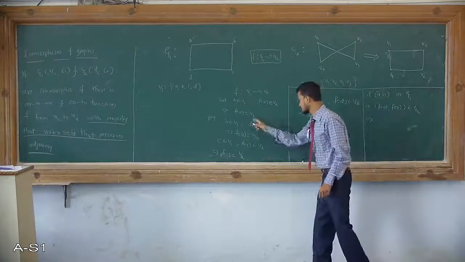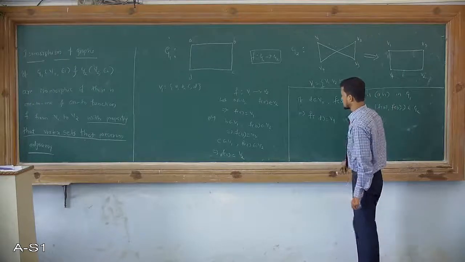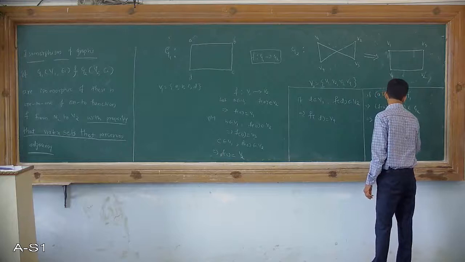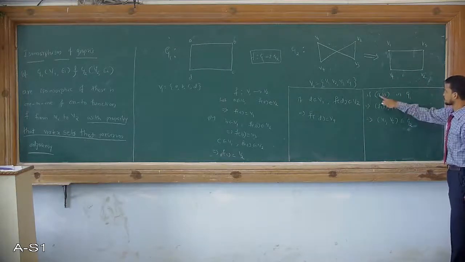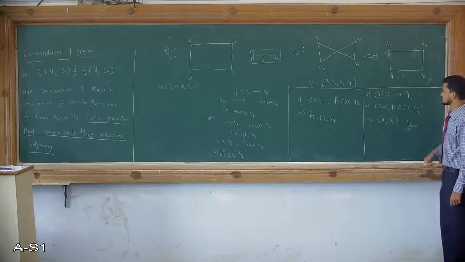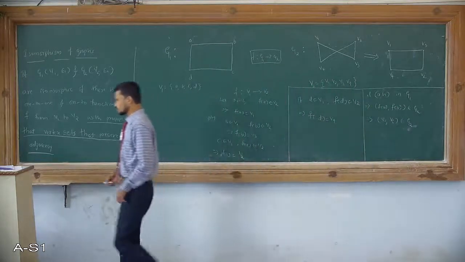What is f of A that I have taken here? f of A I have taken as V1. What is f of B? f of B I have taken as V3, which is also in G2. If you see these two, A comma B is adjacent in G1, and V1 comma V3 is also adjacent in G2. Similarly, we can